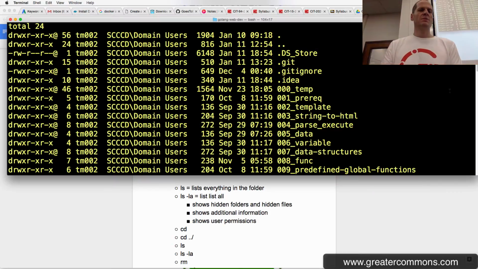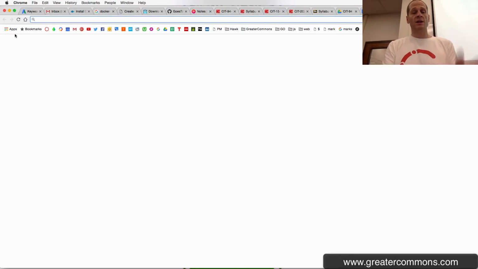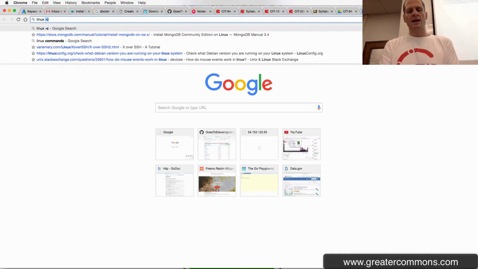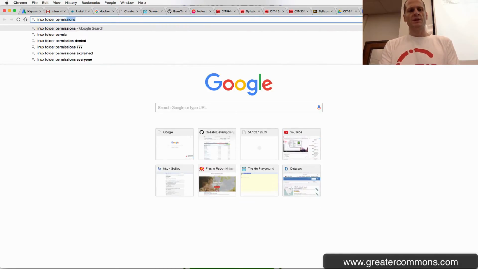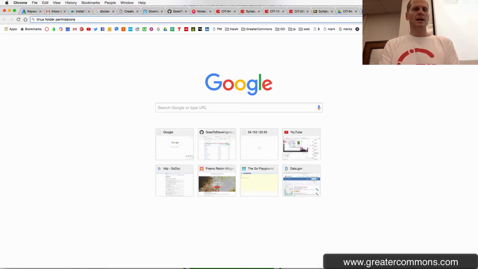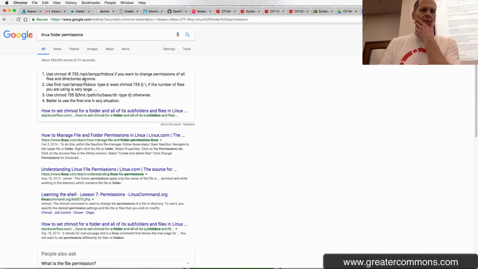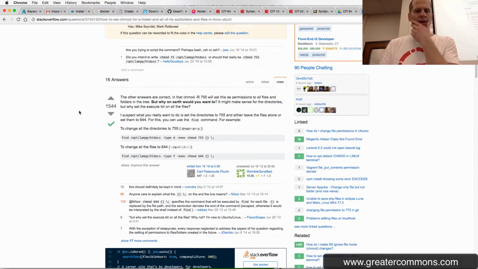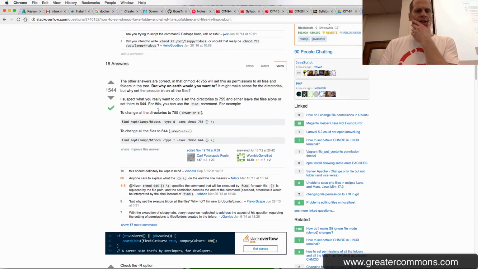And so here are user permissions over here on the left, and this is how you do user permissions. This is a directory, and I'm not a whiz with this. I just started coding in 2013, as I said. And so Linux folder permissions, right? And let's see if it gives us a description here. Change mod, how to set change mod. Let's see if this tells it to us. And chmod, change all directories to,